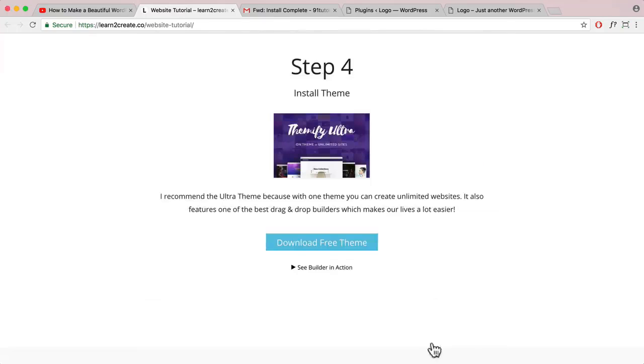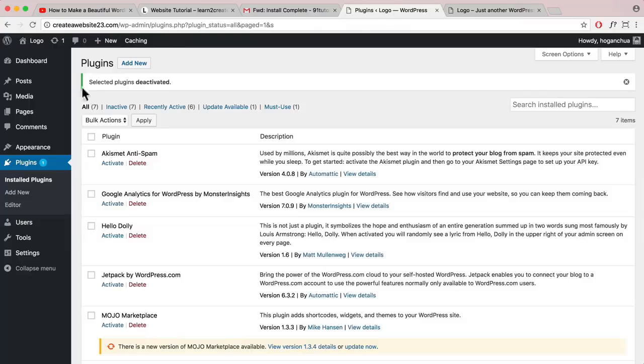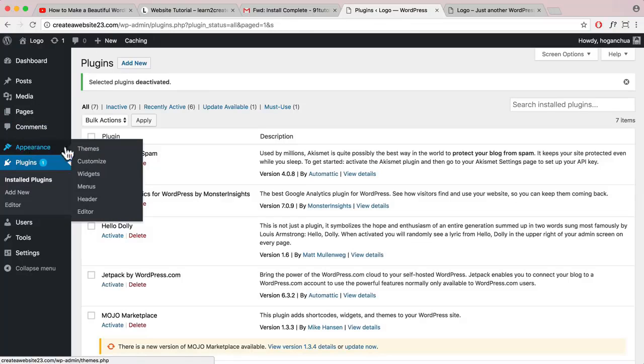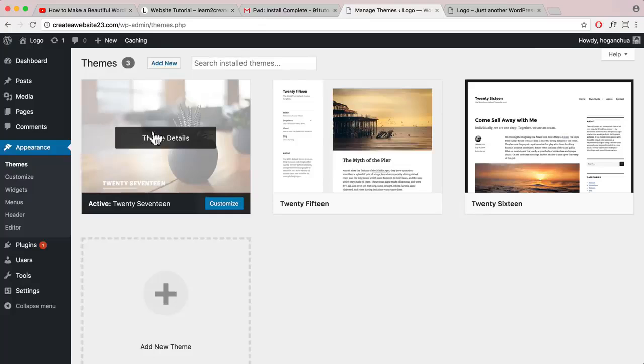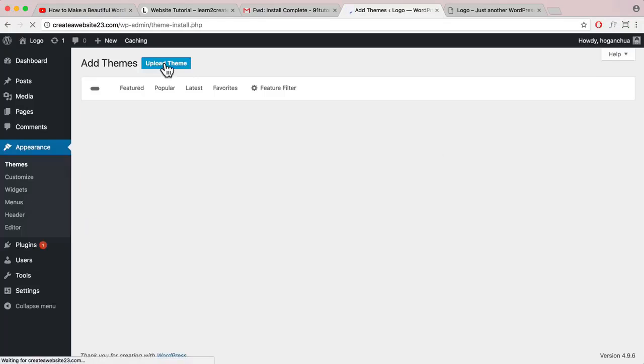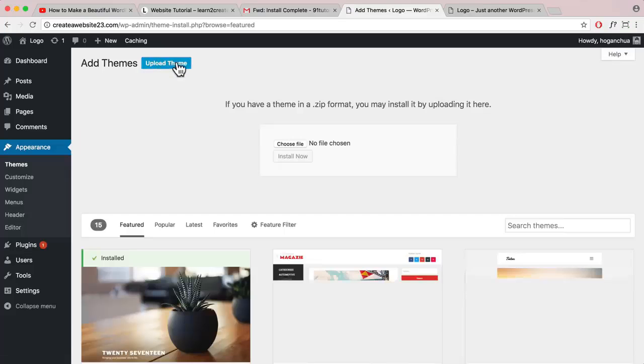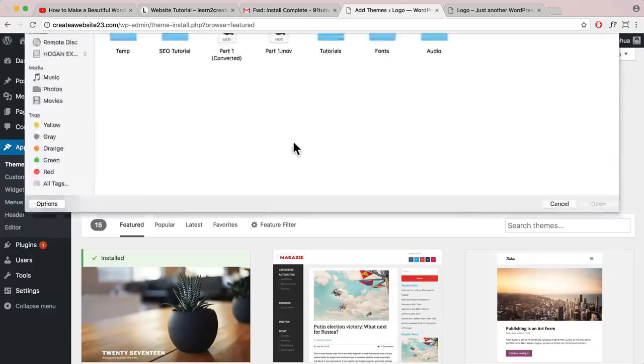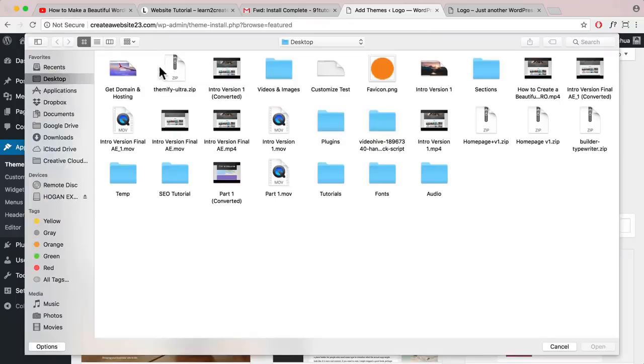Okay. The next thing you want to do is go back to your website, and then hover over appearance, click on themes. This is a default theme. We're going to add new, and we're going to click on upload theme. Choose file, and you want to make sure you upload